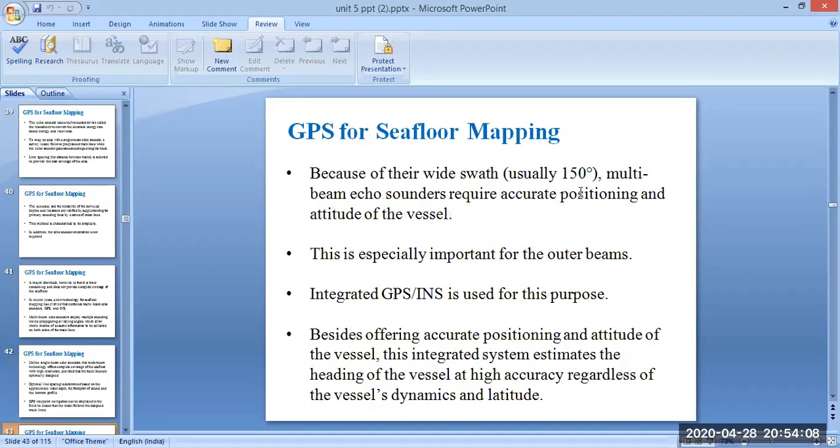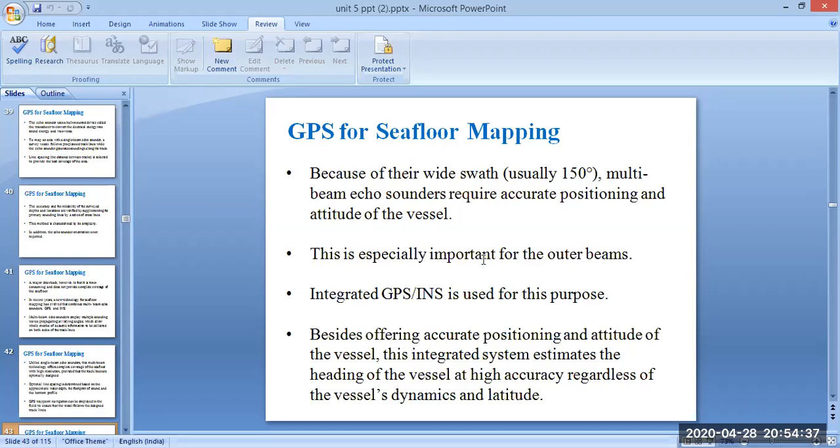Because of their wide swath, usually 150 degrees, multi-beam echo sounders require accurate positioning and attitude of the vessel. This is mainly important for the outer beams. For this purpose, an integrated GPS INS is used.